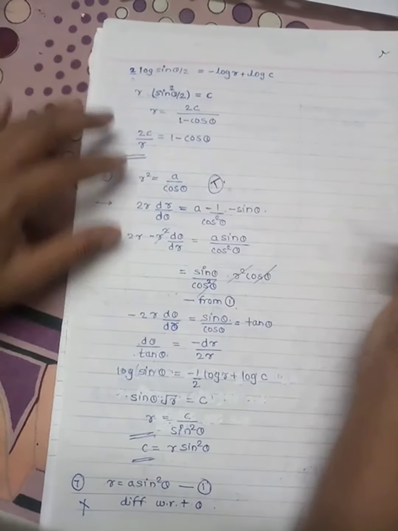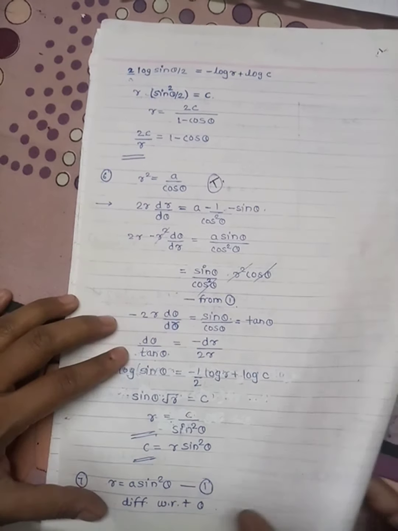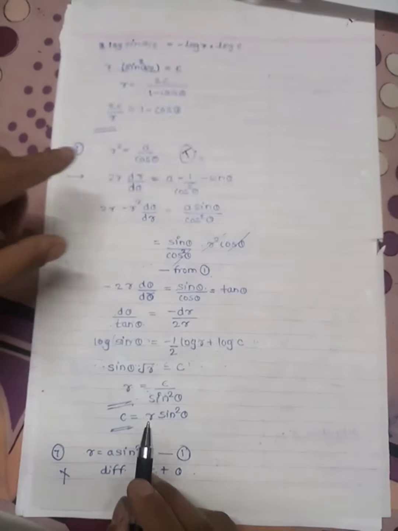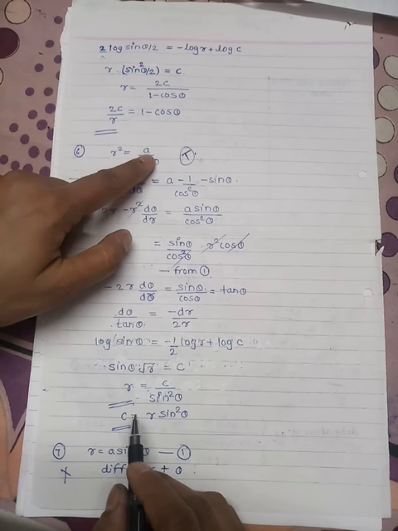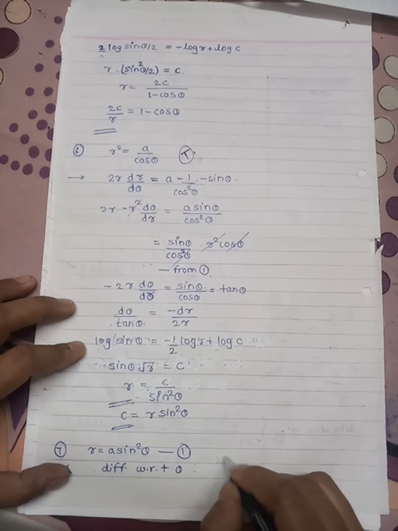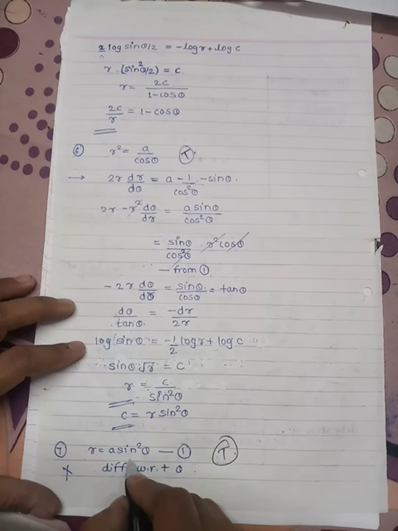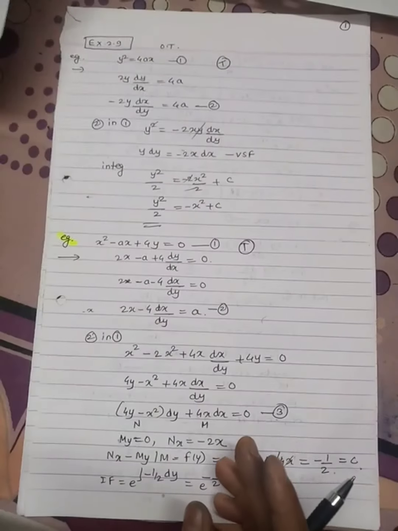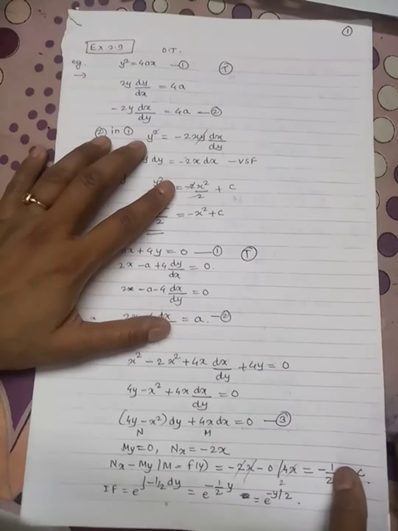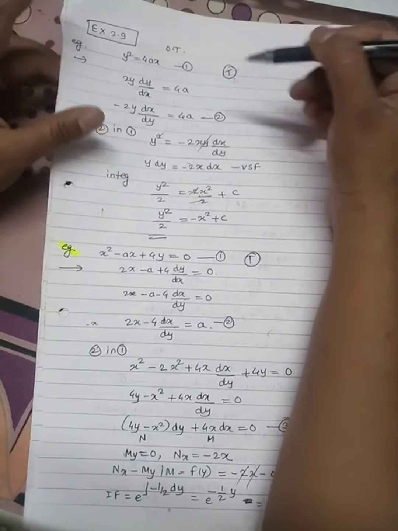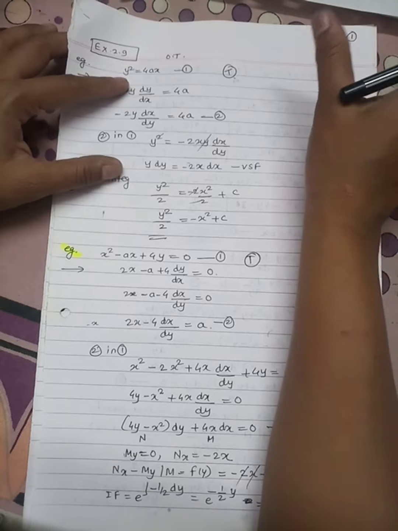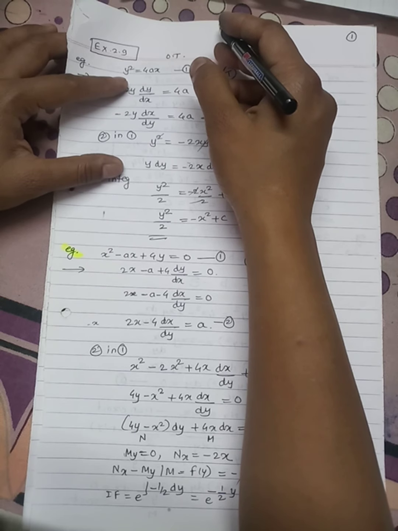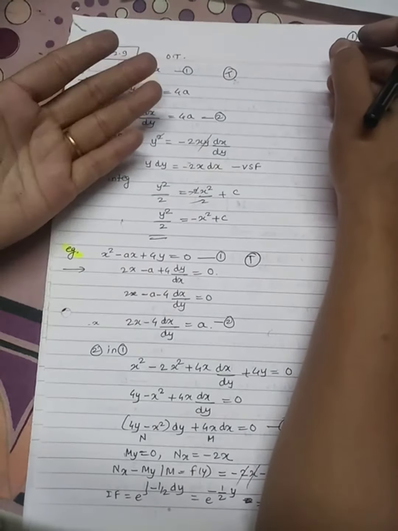Now take this example as a tutorial. R square equal to a into a upon cos theta. So here the constant value we have to find is a. Then take this as a tutorial: r equal to a into sine square theta. This is your exercise examples, and exercise examples are easy ones. So whatever the difficult examples we have seen, that will be enough to study. So these you can take as a tutorial.